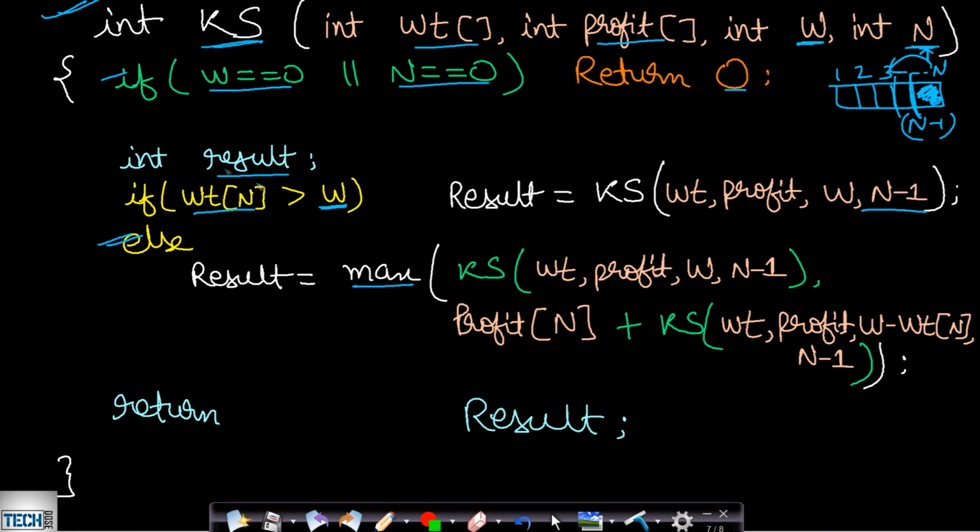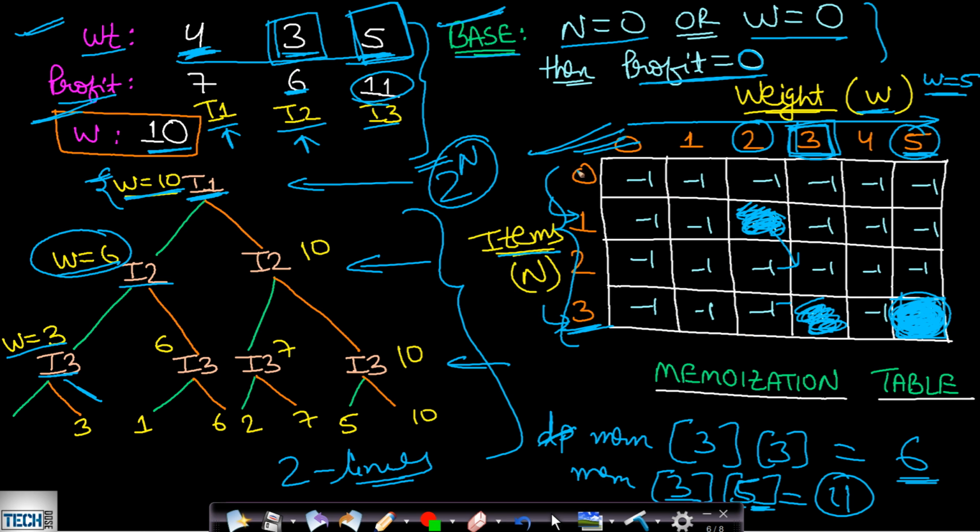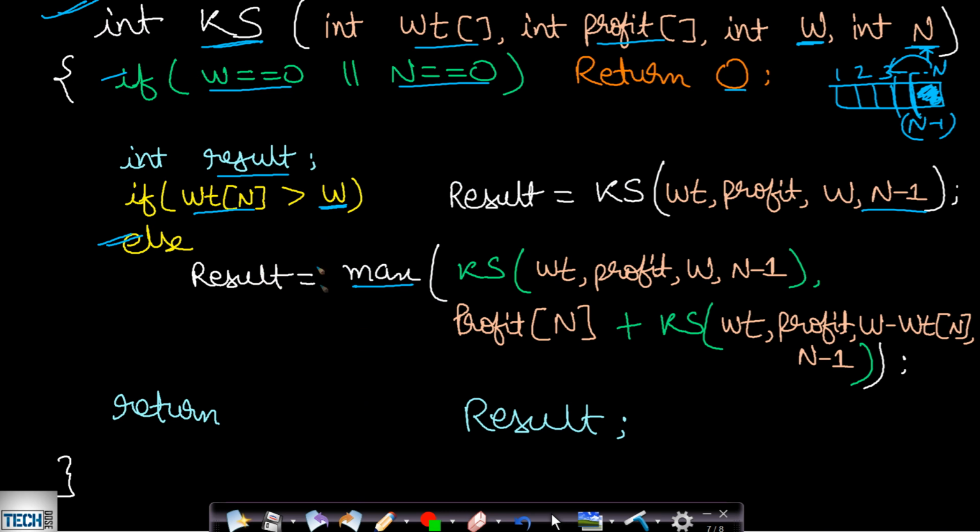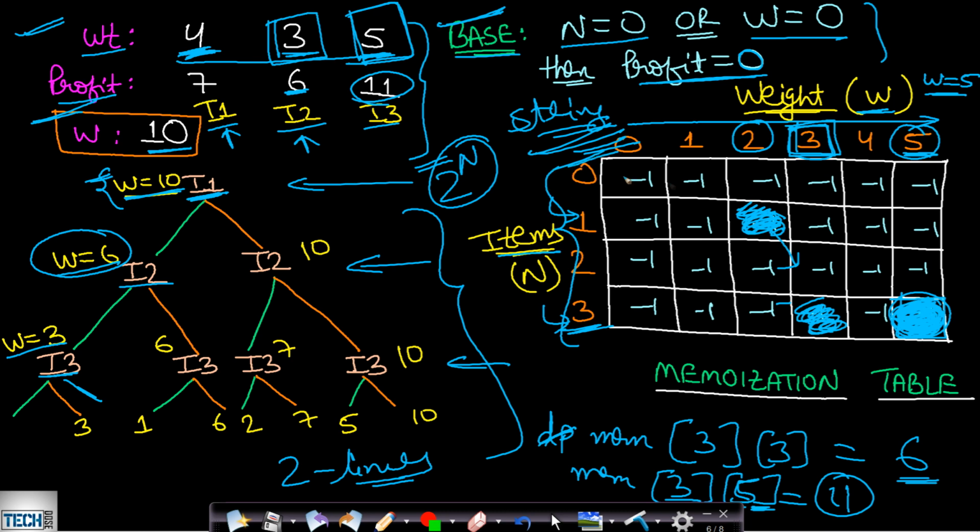Okay, so this was our recursive program. Now how do we apply memoization here? As I had already explained, you will have to take this table however you take. You can also take a single dimensional table using a string as your key map, or you can take a map, but just for simplicity I am explaining here that you can take a 2D array. Now once you have taken that, you need to add just 2 lines as I had said. The first line will be for storing the result. The result is calculated and that should be stored into your map, into your array. Initially it was -1 all over.